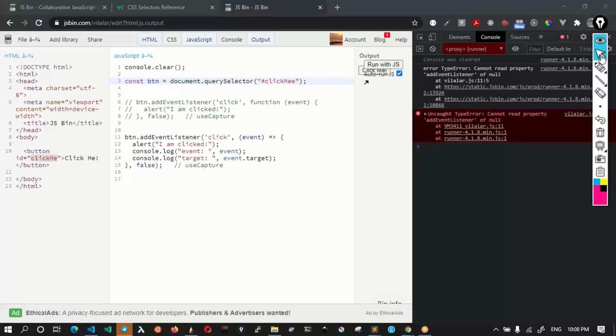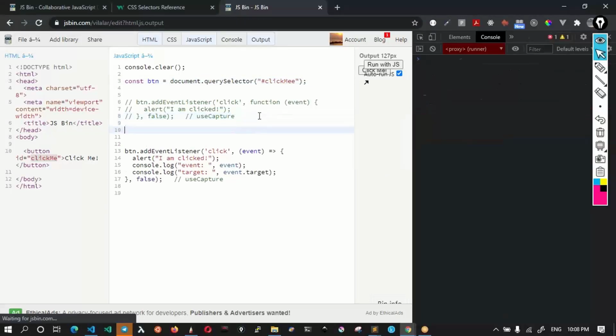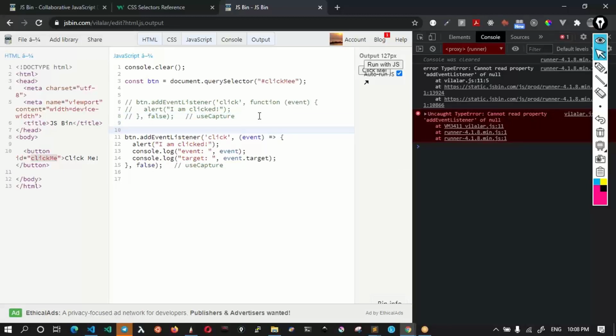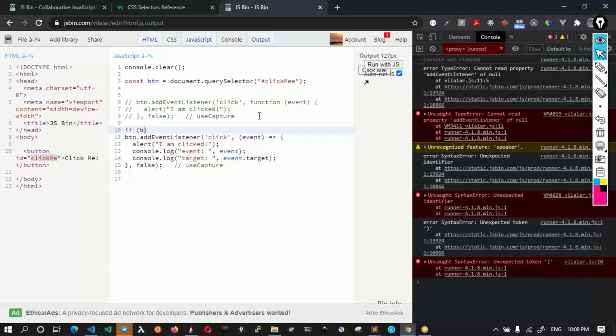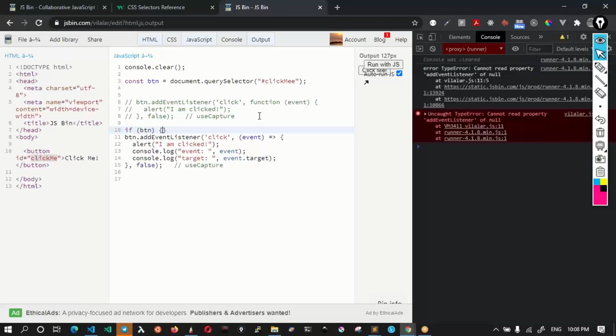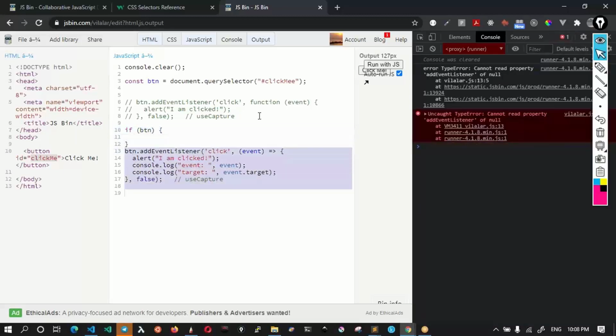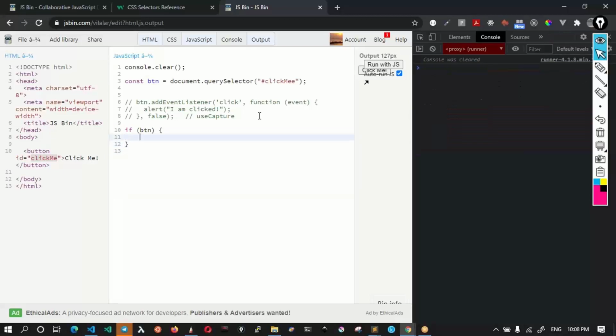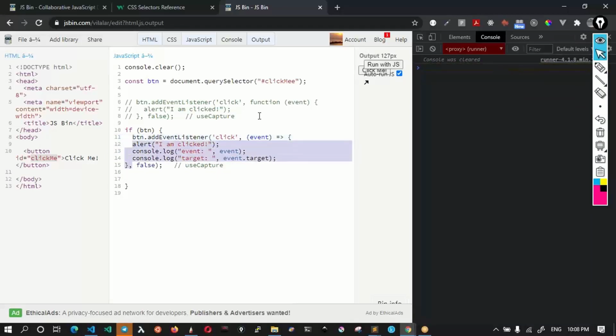Before I attach the event here, I could simply check if button is available, and only then attach the event listener. This if statement will be true in case the button is not null or undefined. I'm just moving this piece of code within the if block.